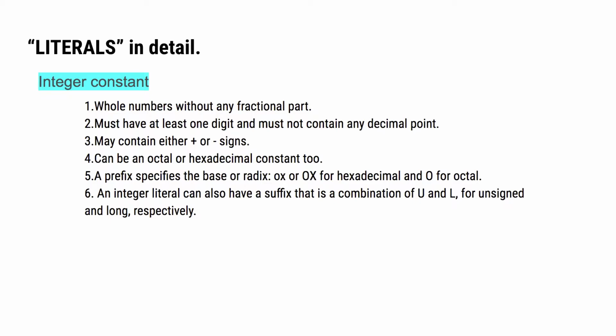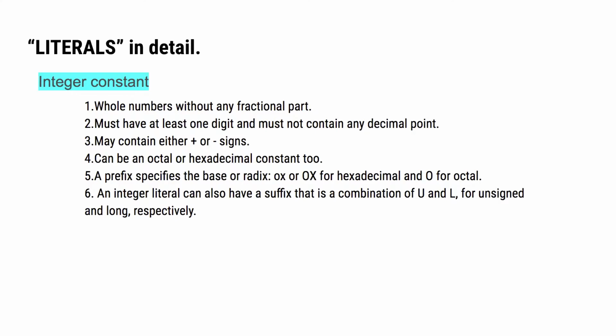Fourth, can be an octal or hexadecimal too. Fifth, may consist of a prefix which specifies the base or radix. 0x or 0X with uppercase for hexadecimal and 0 for octal can be added too.